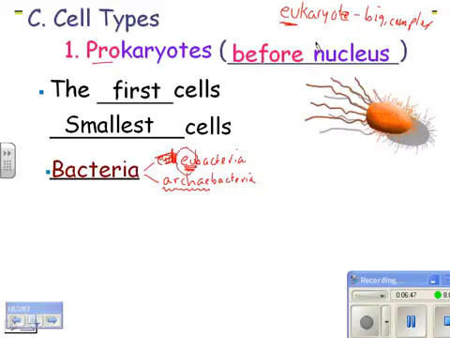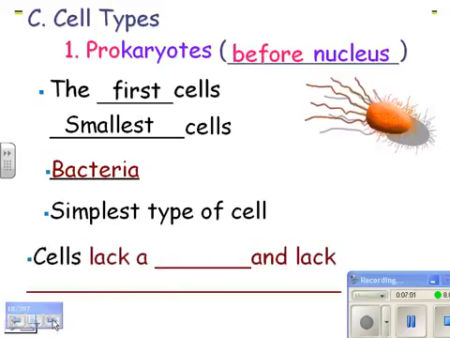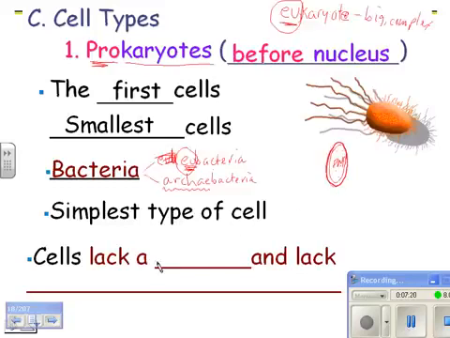There's the word U in both this and this. These are the complicated cells. These are the simple cells, which are prokaryotic. So prokaryotes or bacteria are the simplest type of cell. They don't have anything inside of them. So remember, it's a cell. It's got some DNA in here, and it's got some ribosomes, and you've got a cell membrane out here. So you do have a cell membrane on the outside, and you've got a cell wall. They don't have anything else inside. They don't have any internal membranes. So they don't even have a membrane around their DNA.